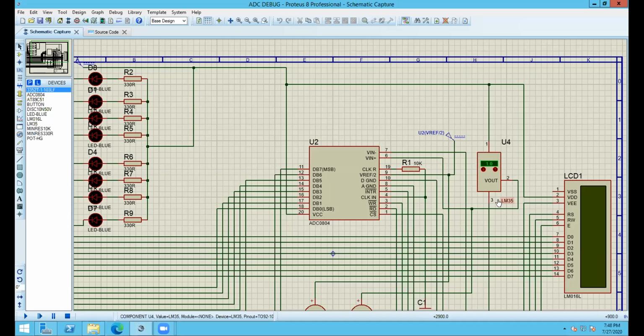And for all the temperature gradients in between, we will get 0.01 volt, that is 10 millivolts output from this particular IC. I mean, for every 1 degree Celsius increase in temperature, its output will increase. It will start from 1 millivolt, then 2, then 3 for each degree Celsius. So if I put 30 degrees Celsius there in the simulator, it will give us an output of 30 millivolts.